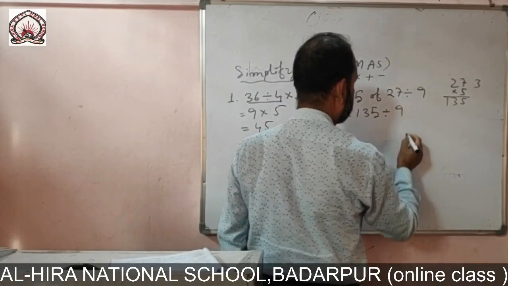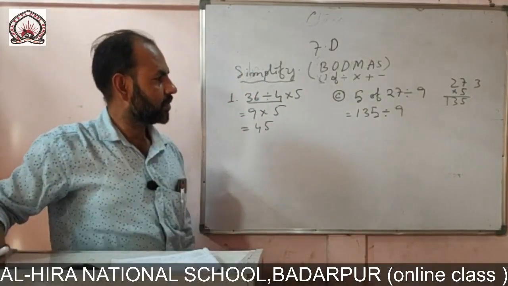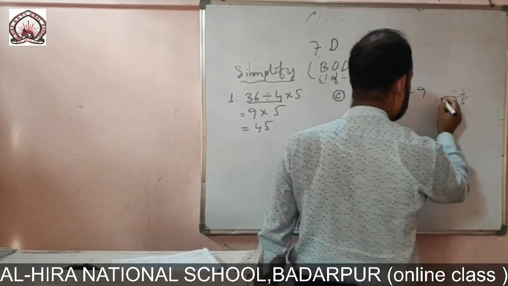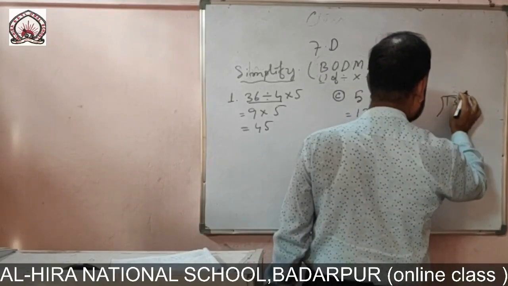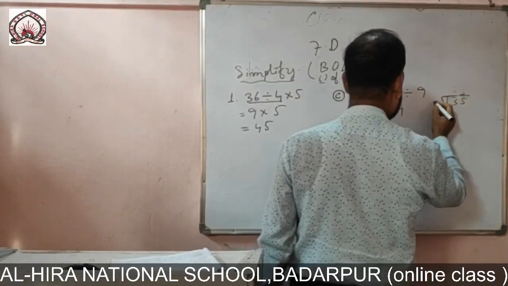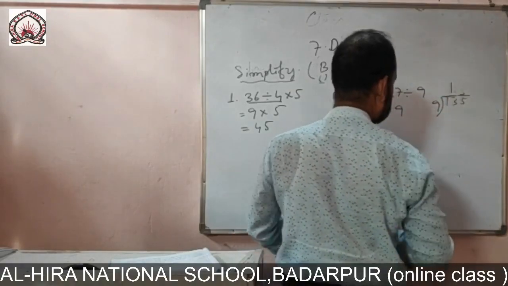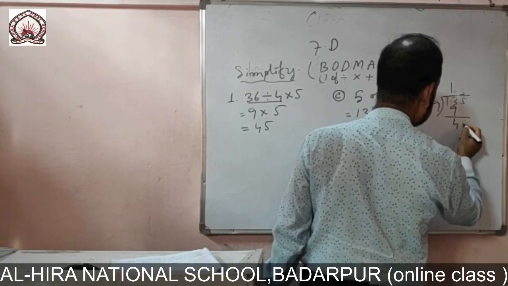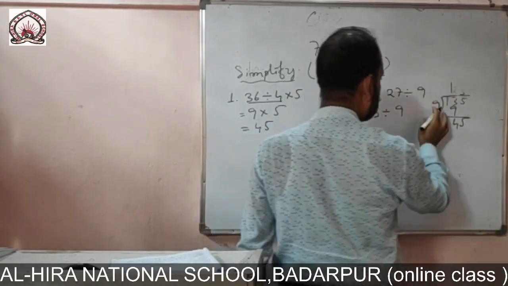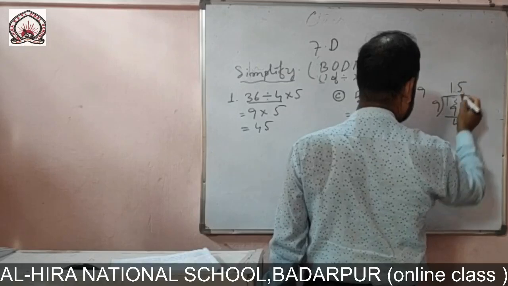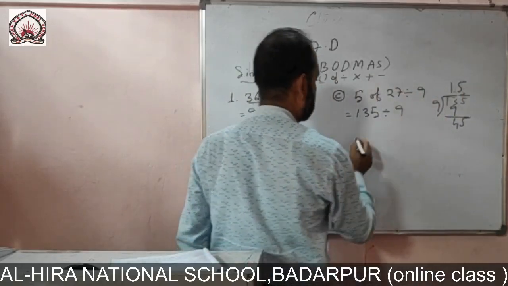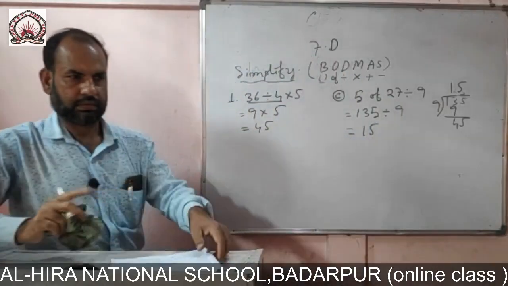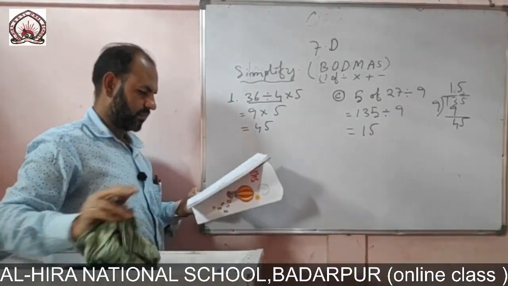Divide 9. 9 1s are 9. Remain 4, 5. Now 9 5s are 45. So answer is 15. Next,